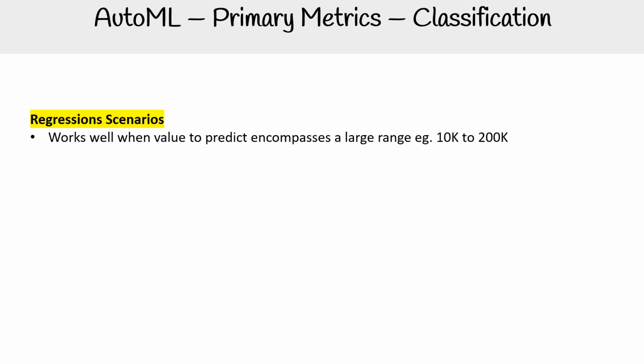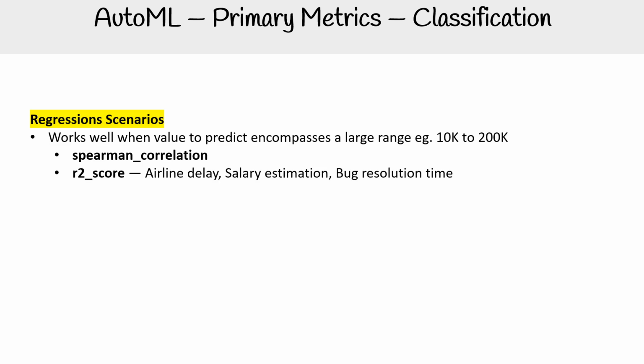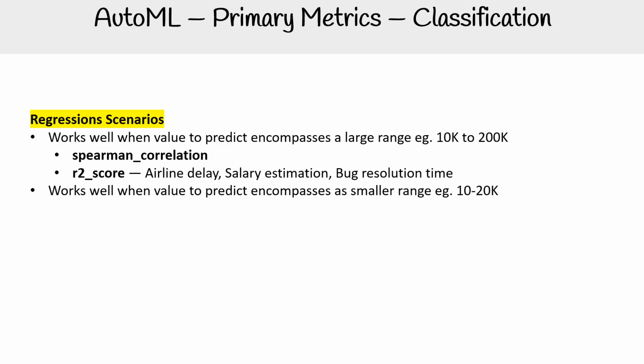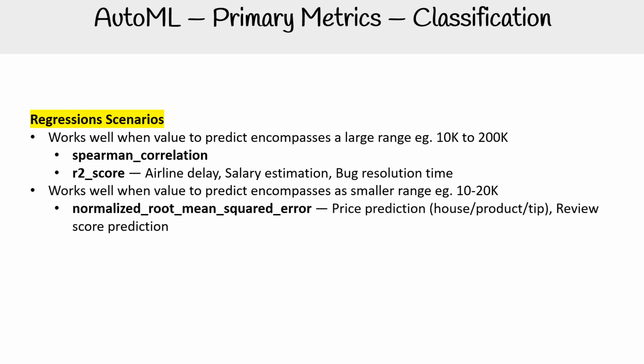Onto regression scenarios, we'll break it down into ranges. So when you have a very wide range, Spearman correlation works really well. R2 score, this is great for airline delay, salary estimation, bug resolution time. When you're looking at smaller ranges, we're talking about normalized root mean squared error, so price predictions, review tip